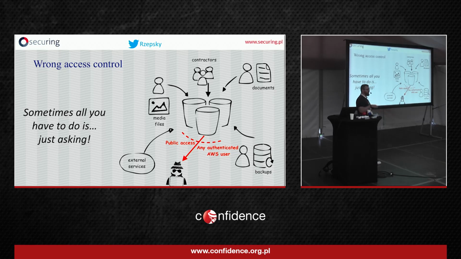What is more, Amazon also created a group, any authenticated AWS user. And literally, it means exactly how it sounds. So any authenticated AWS user. That means that if I create a free tier account, I'm in this group. And a lot of administrators believe that there's no point in such a group, so most likely it refers only to my users, which I created under my root account,